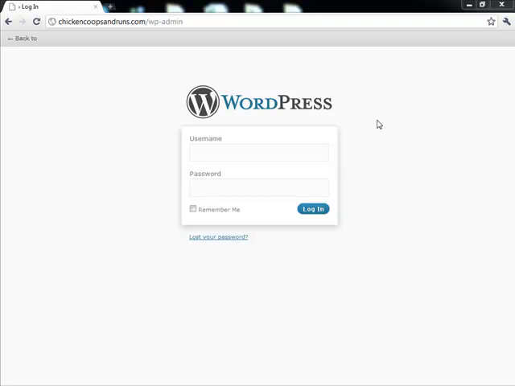Hey guys, welcome back. Now that we have installed WordPress into your website, we are going to log into your WordPress dashboard to edit some settings and add some plugins that you'll be needing for your search engine optimization purposes. To log in, what you need to do is paste the full URL that you have bookmarked earlier to access your WordPress admin area. In case you missed it, your login URL should be your domain name